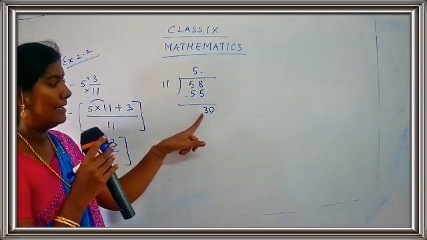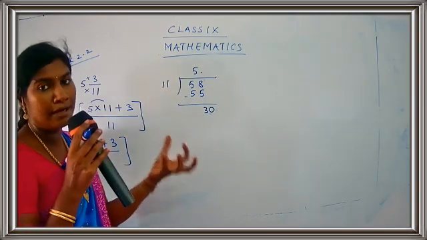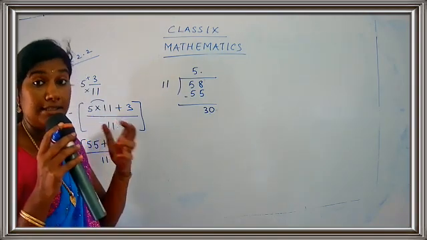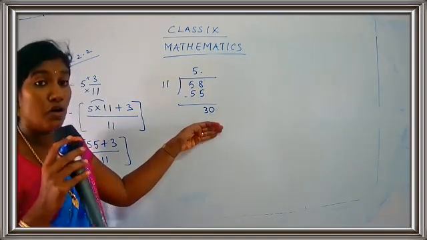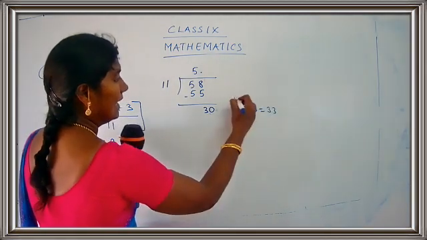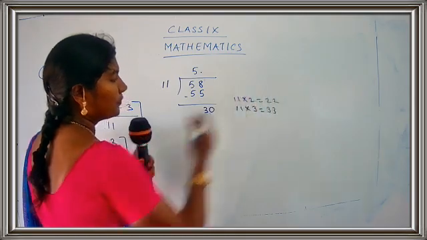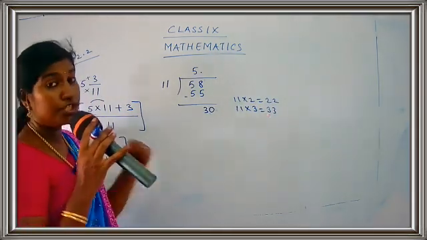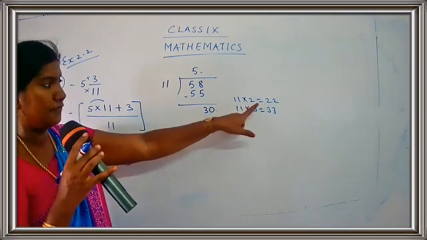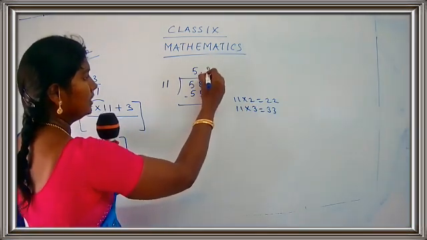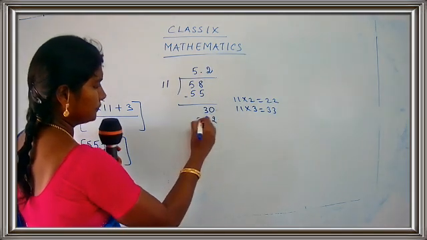11 and this is 30. You don't have the number 30 in the table of 11. 11 threes are 33, so we have to see the closest number. 11 threes are 33, and 11 twos are 22. Getting the point, children? You cannot take the number 33. Which number do you have to take here? Yes, we have to take 22. So put here 11 twos are 22.